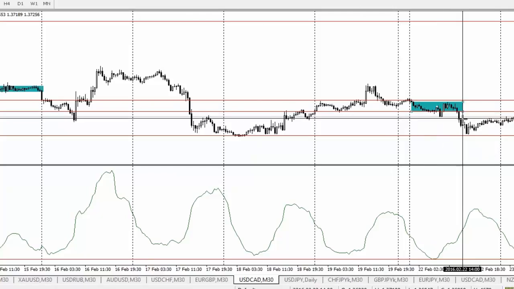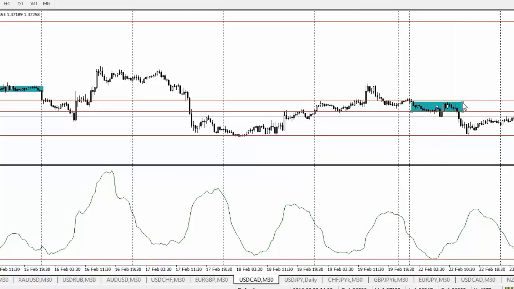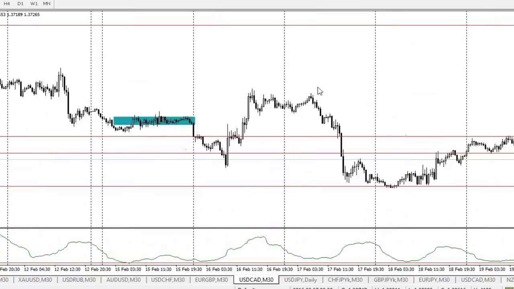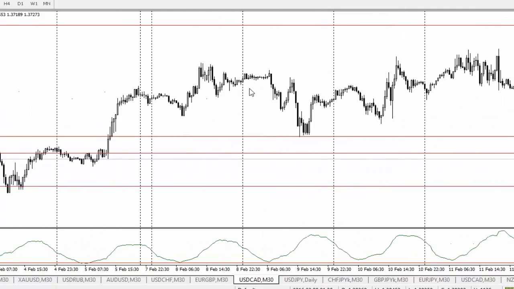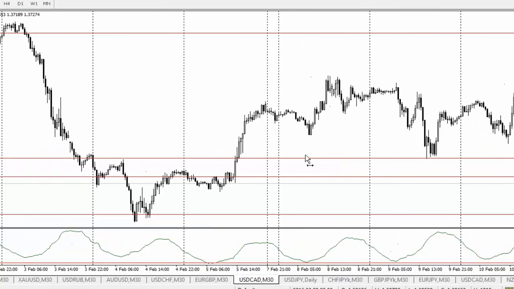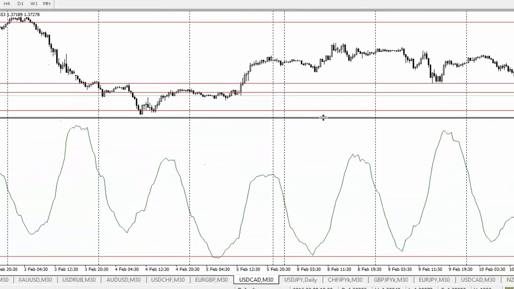But the primary trading range is very small. You have a couple of false breakouts, and the third breakout is a good one. That's not a good example,